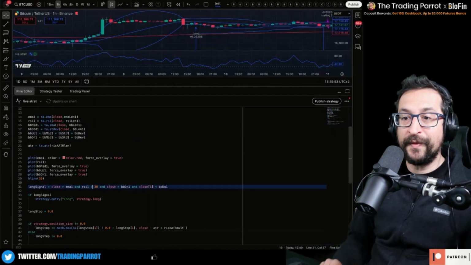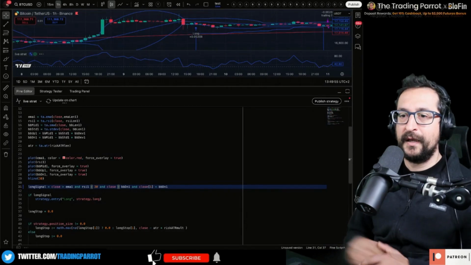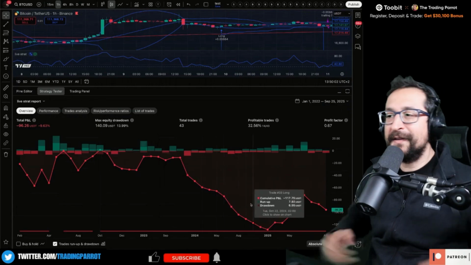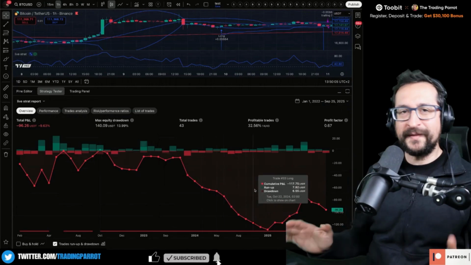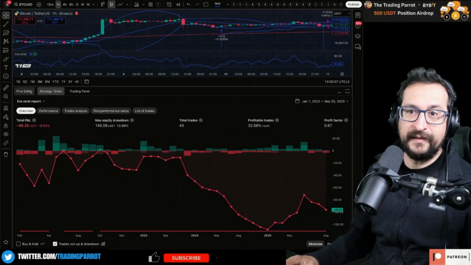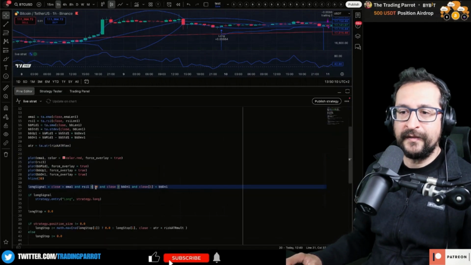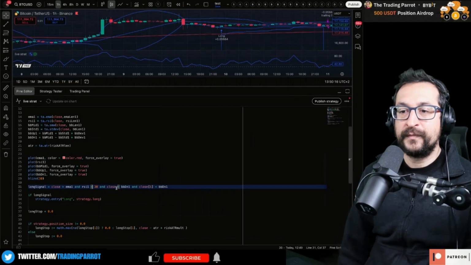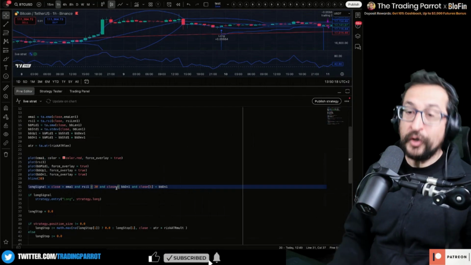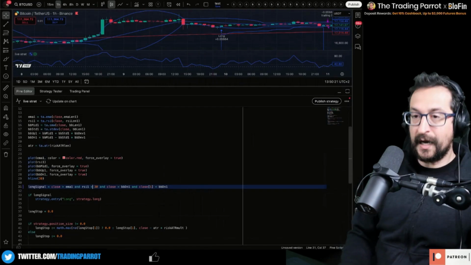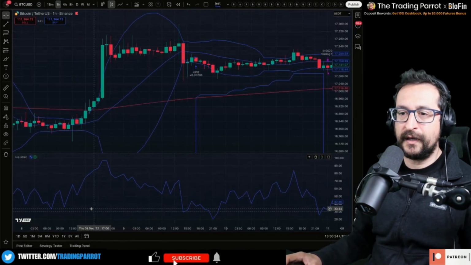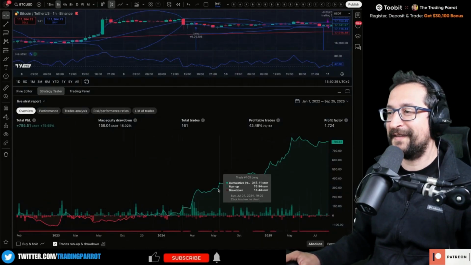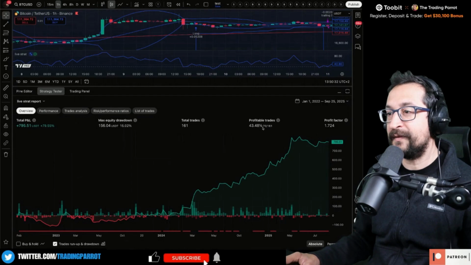RSI is above 30. It needs to be below 30. Maybe that's going to perform better. Let's see. Oh my God, this is crazy. So basically, what I discovered accidentally on Bitcoin is that being oversold on the RSI 5 doesn't perform as good as not being oversold, which is to be above 30. That's crazy. Just a flip of a sign makes this perform a lot better with a profit factor of 1.7,